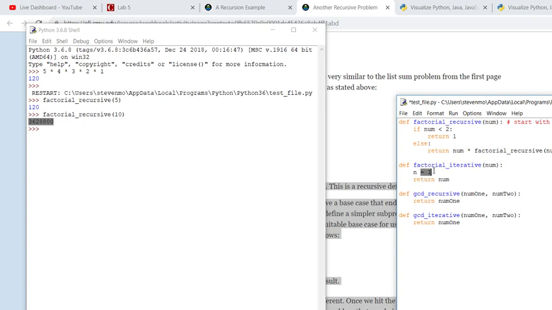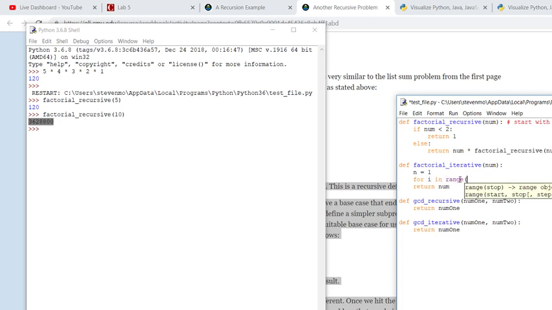So if I start with 1 and basically do something with this n all the way up to the number that we input, it kind of lends itself to doing a for loop, right? And we're going up. So I'm going to want to have this variable n equals 1 first. And then I'm going to want to do i in range. And so again, if you open up this, you can see the stop, if I just put in one number, or the start and stop, and then the step, which we won't be using,